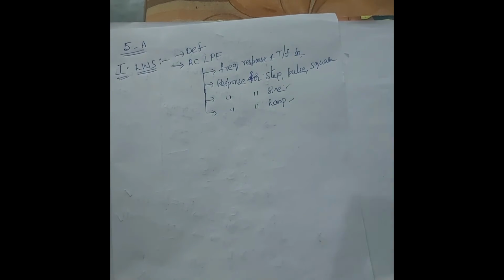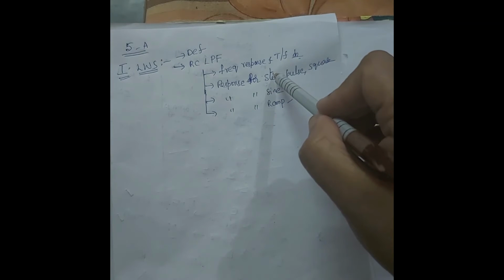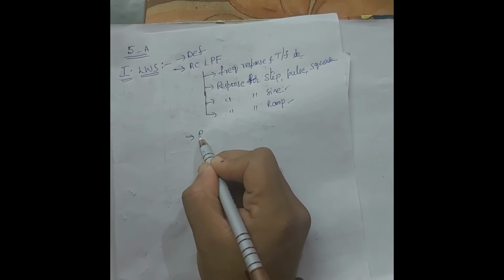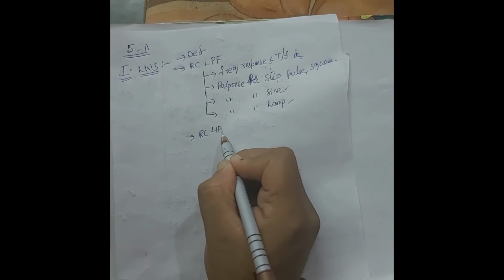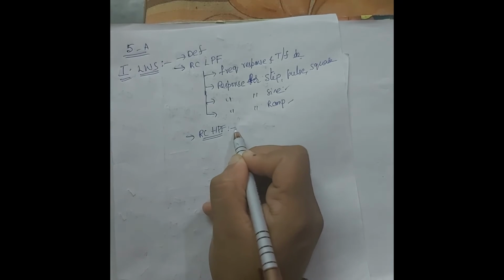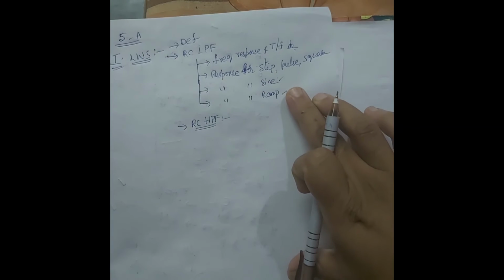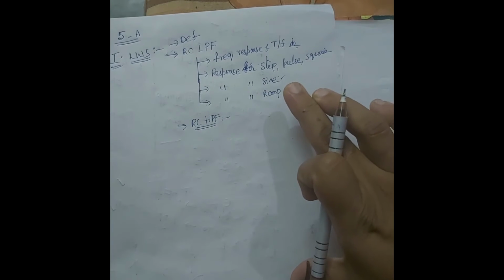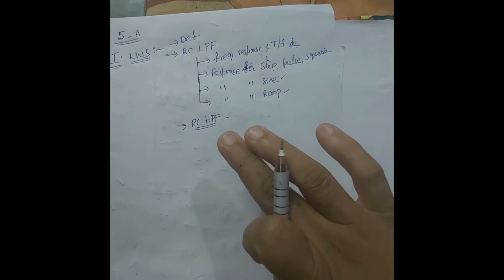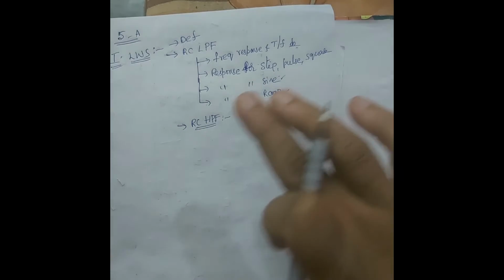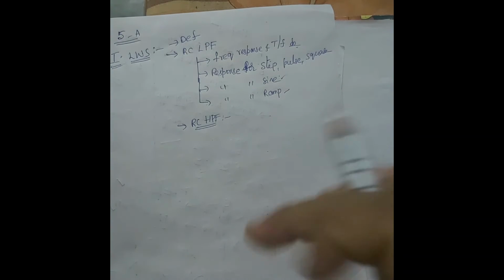Any additional points in step, we'll cover in step itself. Like that RC low pass filter comes. And then next I am just summarizing what I said before. This page, take a screenshot, or else I'll post this picture. Keep this with you. This will be very easy while you are going through your exam preparations for 5th unit.